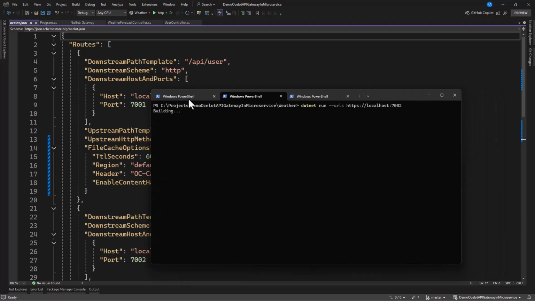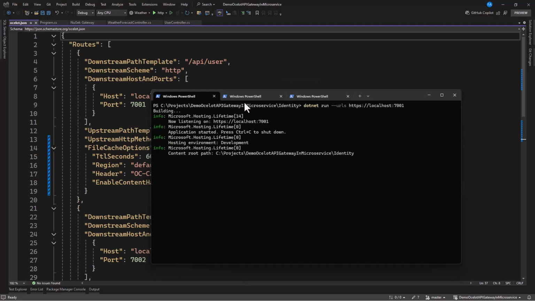Let's also run this. Now you can see this is still building, and this is also building the project again. So let's wait for this project to run. Then we're going to run our gateway as well, so we can test our caching. That's great. So you can see that they are ready.